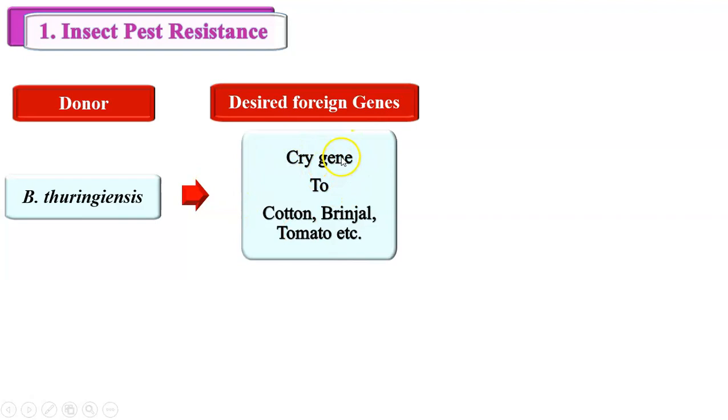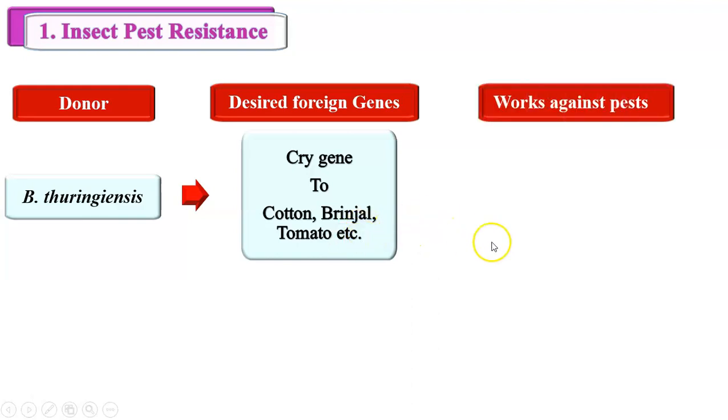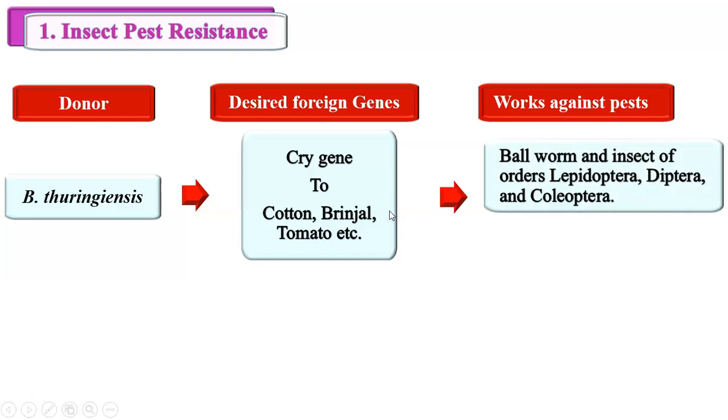This gene is responsible for production of a protein in cotton, brinjal, tomato or the host plant, and that protein proves to be toxic to the pests which are responsible for the destruction otherwise of those plants. But once this gene gets introduced, then those pest organisms cannot destroy the plant, they themselves get killed. So this particular variety which is produced works against the bollworm and insects of order Lepidoptera, Diptera,